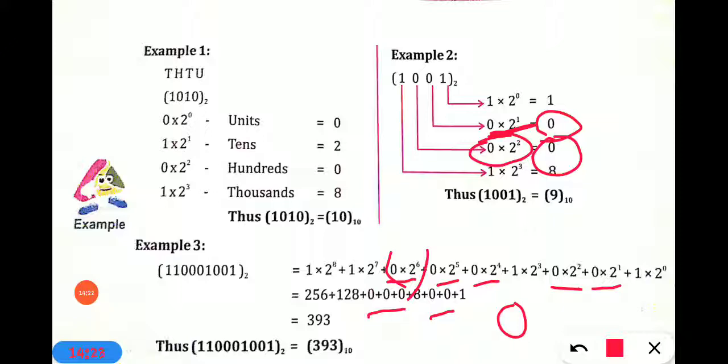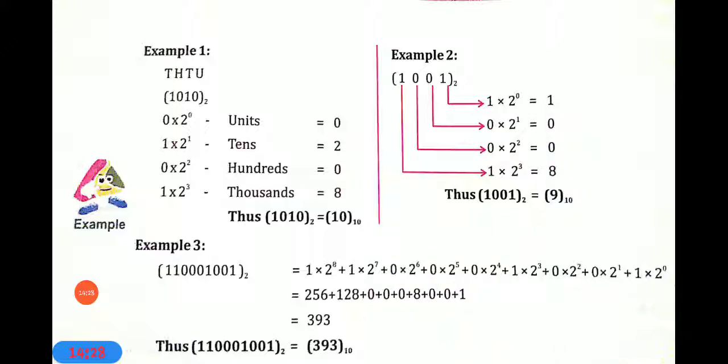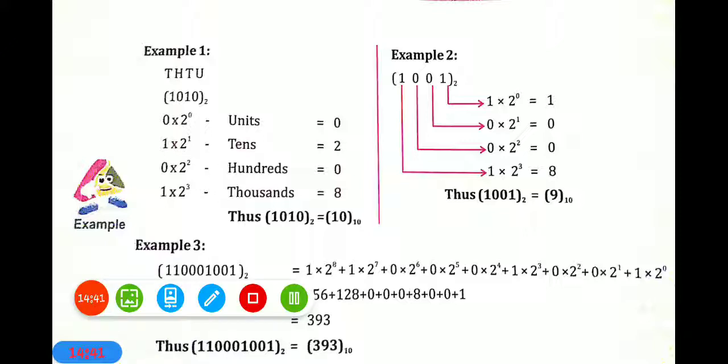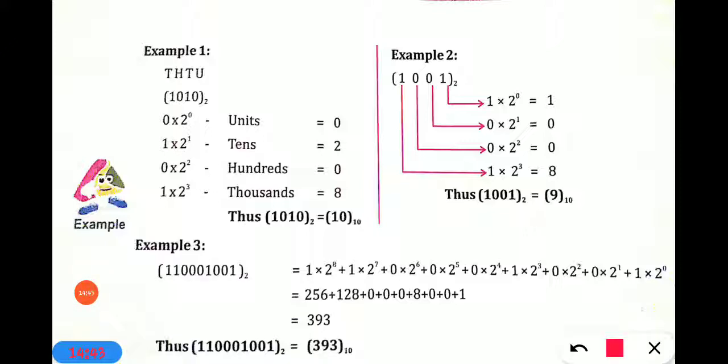Okay students, so this way you can do binary to decimal conversion. Okay, 3 methods, thousand, hundred, tens and unit method. Then the second method is this one, that directly you can take from the right hand side each number. And the third method is directly multiplication with each number. You have to start writing either from the right hand side or from the left hand side, but the answer will be the same. If you start writing from the right hand side you have to write like this. अगर ये राइट हैंड साइड से आप लिखोगे तो you will get this type of answer.